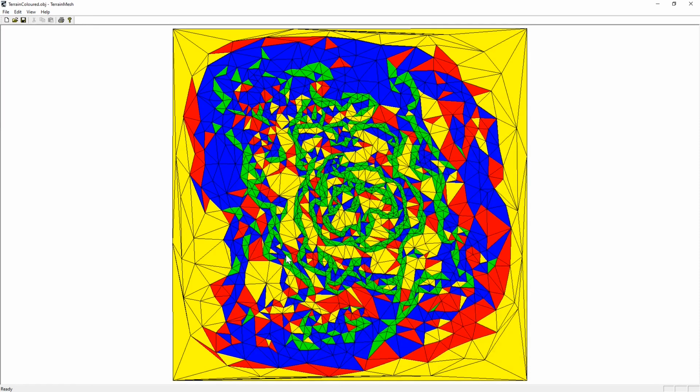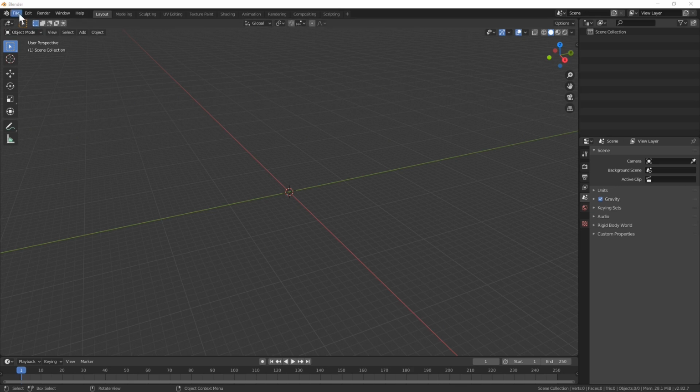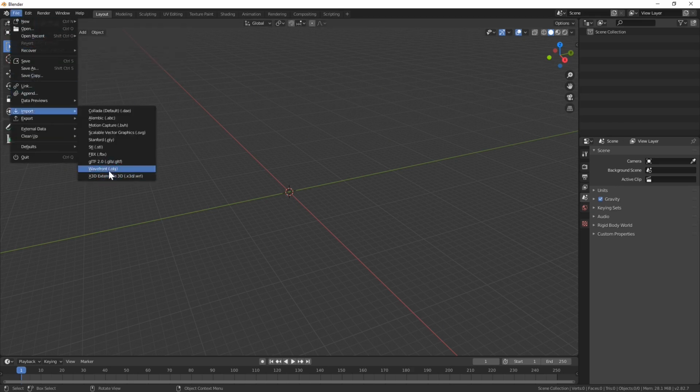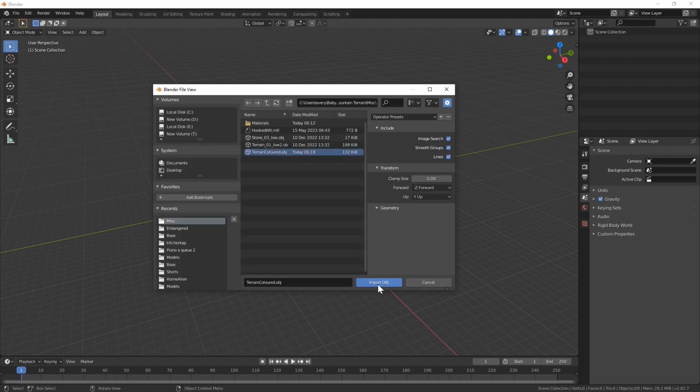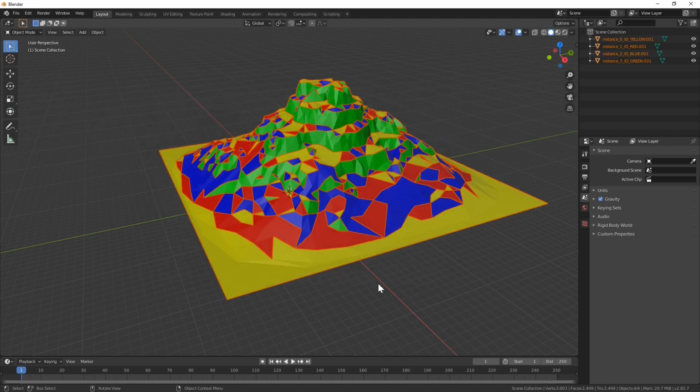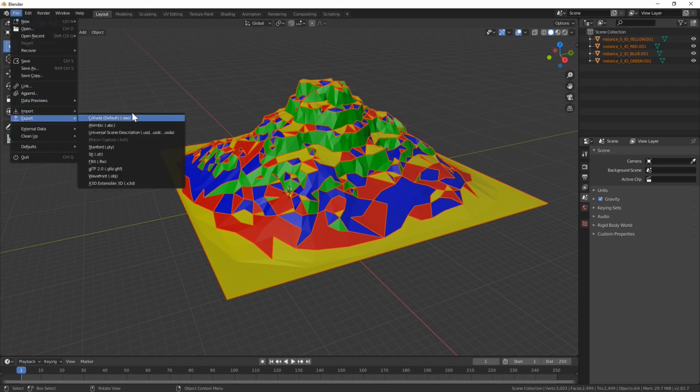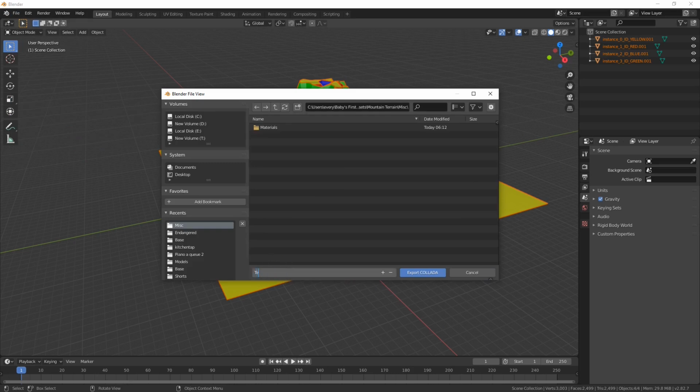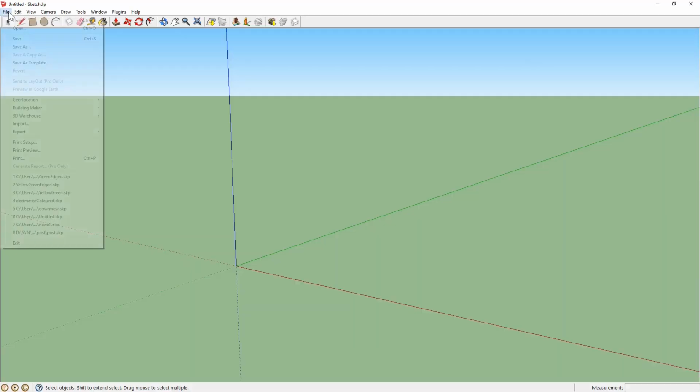Now I go to Blender and import it. File, Import, Wavefront OBJ. Terrain coloured, Import. Now, you could edit this in Blender, but I prefer to edit in SketchUp, so I'm going to export it as Collada. File, Export, Collada, Terrain coloured, Export. Go to SketchUp, File,